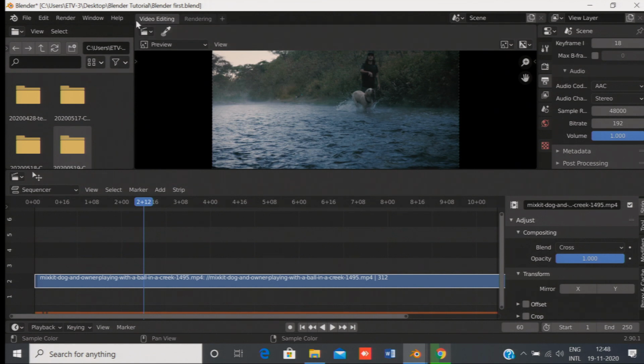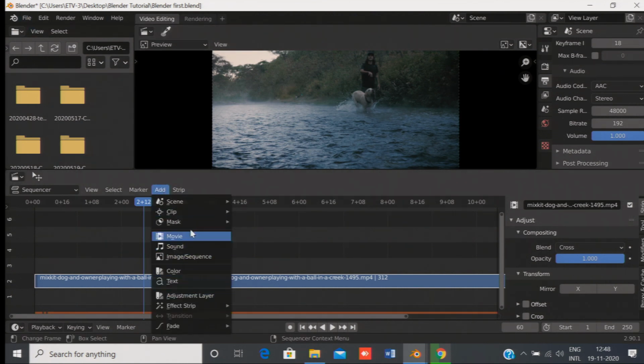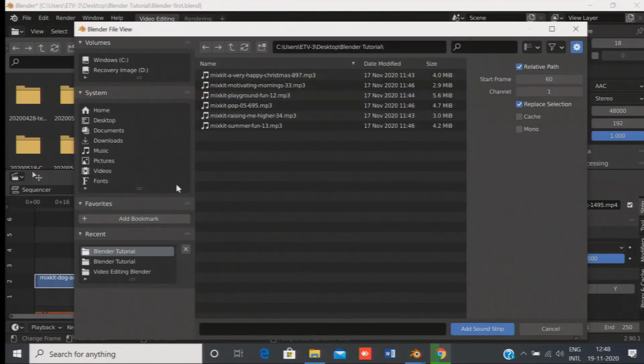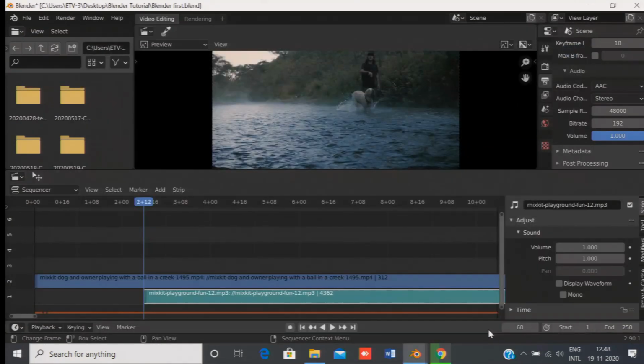Similarly, to add an audio, click on add, sound, audio, add sound stream. Now if I play,